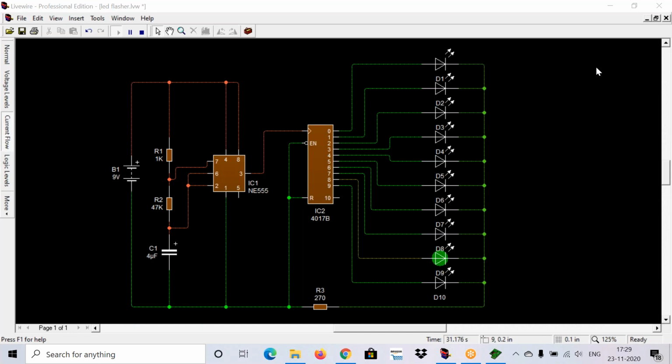Don't bother about the Livewire software, which is a dummy tool, unlike Multisim or MATLAB. In our academics, we design our lab circuits, right? Like that, this is a simple circuit designing software. But don't expect 100% output in the software. For some circuits, it will give you the output exactly, but for some circuits, you may find some errors.